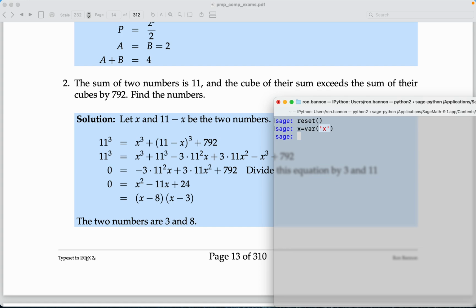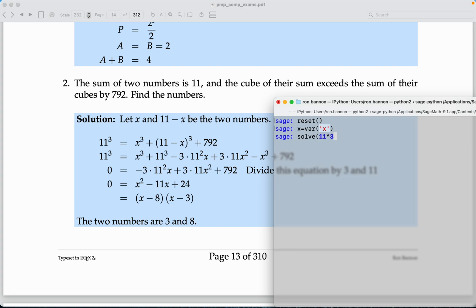All right, well, we're really trying to solve an equation. So what's the equation we're trying to solve? It says the sum of two numbers is 11. So the two numbers would be x and 11 minus x. It says, and the cube of their sum. Their sum's 11, right? So the cube of their sum,